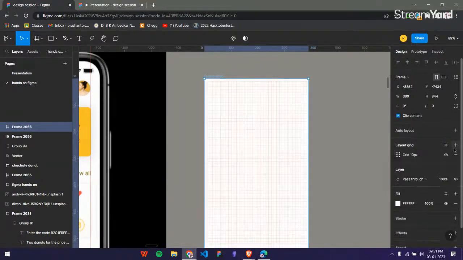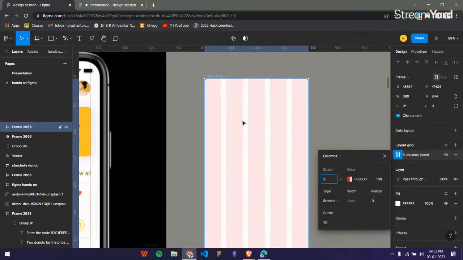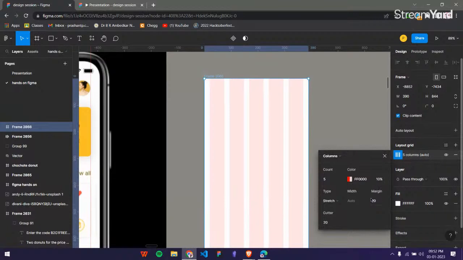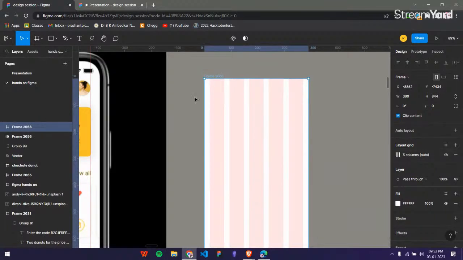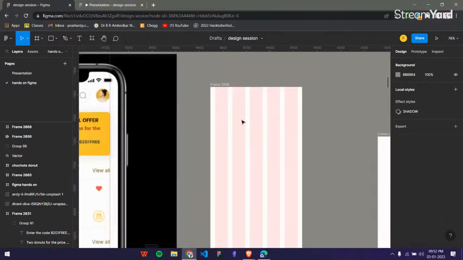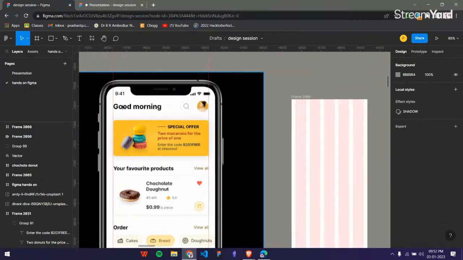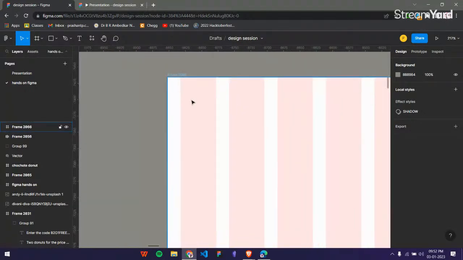I'll just click on this plus to make a grid. I'll change this grid to columns, and I'll put a margin of 20. So you can see there are white spaces on the ends. I will not be putting any element on this white space. So our first element is this text called good morning. So I'll put this text,